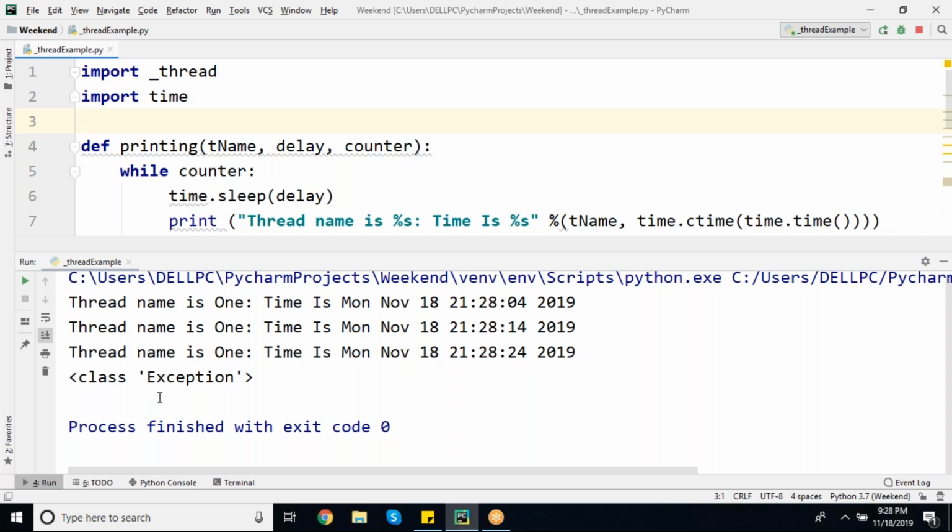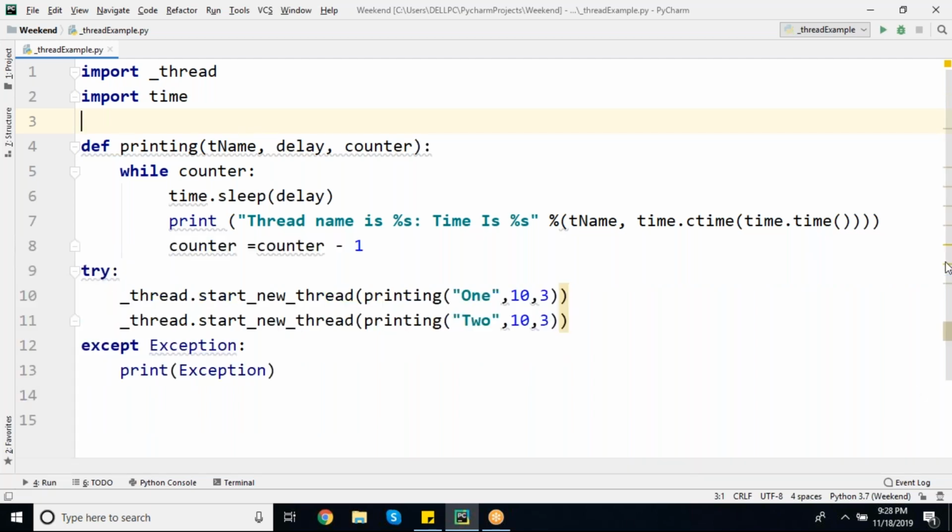This is not highly preferred, as I said, because once the first thread completes its operation, there is no chance of the second thread getting executed. It will go for an exception. So you have to make sure that you are using the threads properly. So ignore this concept.